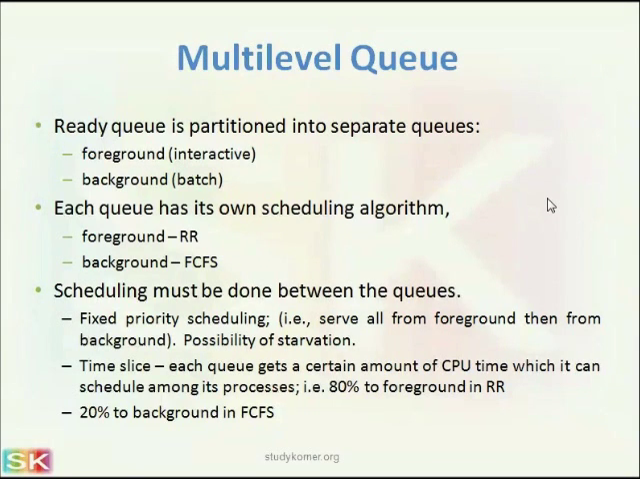So each queue has its own scheduling algorithm. It can be round robin, FCFS, priority, SJF, anyone, and scheduling must be done between the queues. Fixed priority scheduling: which queue has the highest priority, which queue has the lowest priority, or we can assign them some time slice according to their priority, so that the highest priority queue will be executed for 80% of the time, and for 20% of the time your background processes or the lower priority queue